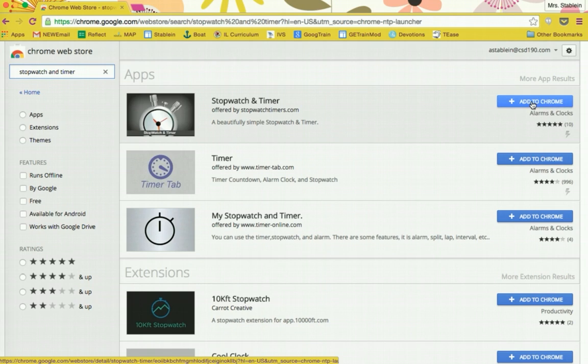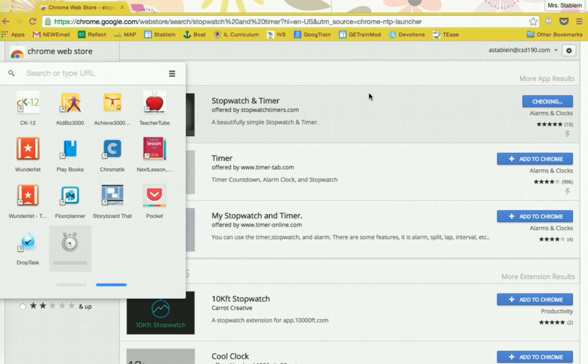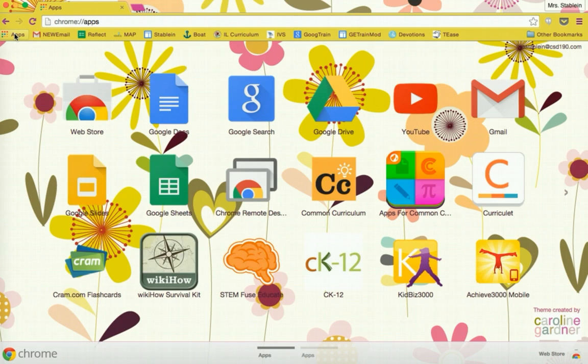I can add this to Chrome right away. I'm just going to go ahead and add this top one by clicking on Add to Chrome. It says, do you really want to add it? Yes, I do. And now it's been added to my apps list. I can click on it to open it from here, or if I wanted to go back to my apps,